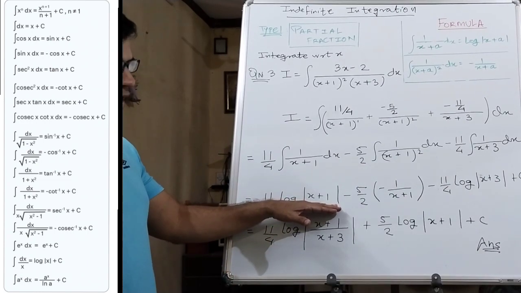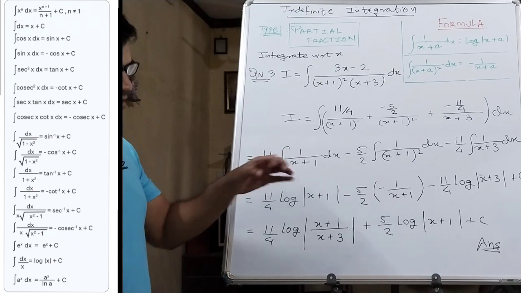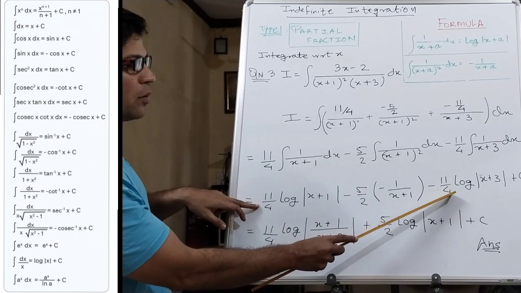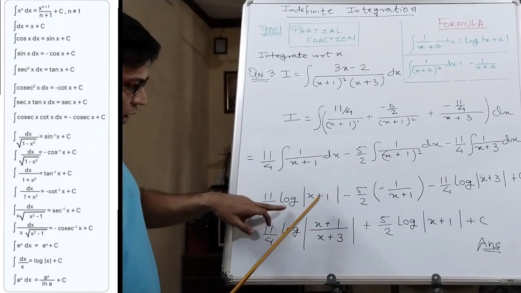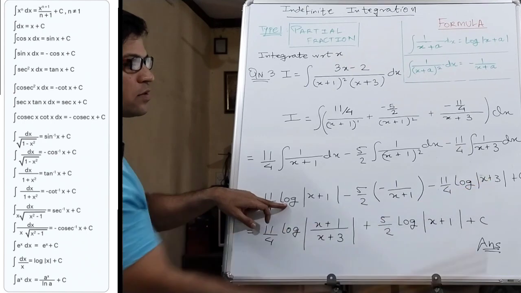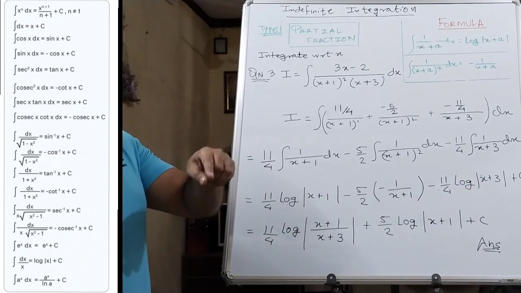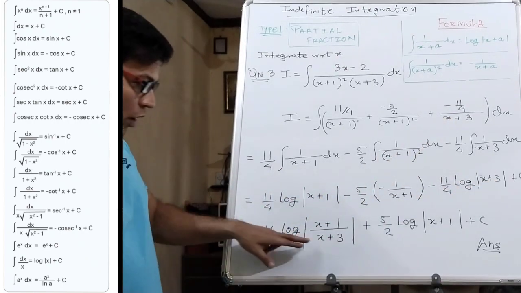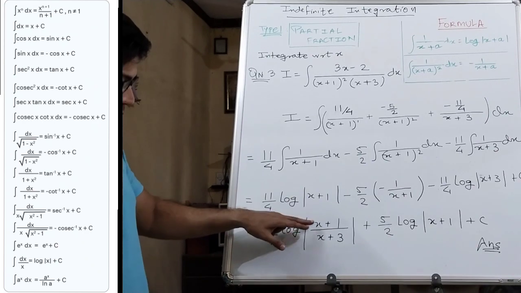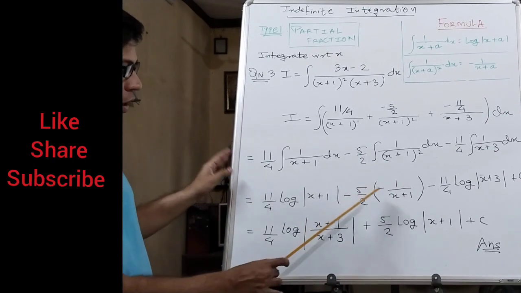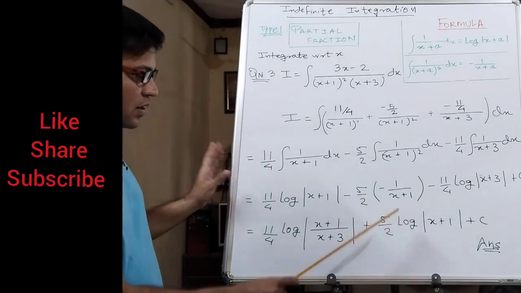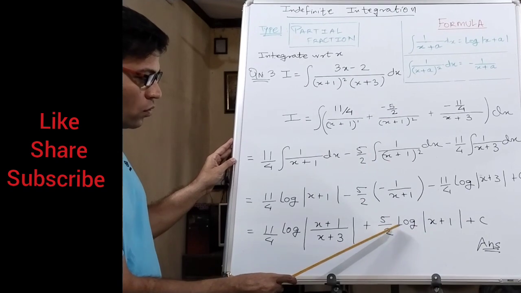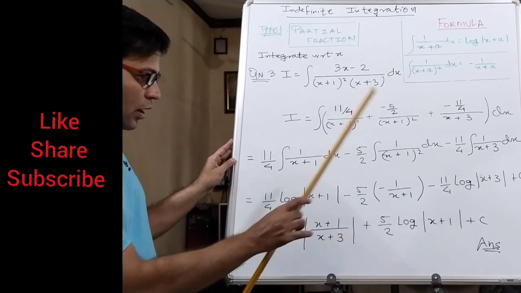so they will accept this also, but if you all want थोड़ा और स्टाइल मारना है इसमें, शो दिखाना है, थोड़ा शो मारना है, इंप्रेस करना है, अगर 11/4 11/4 कॉमन, so we get log x plus 1 minus log x plus 3, दो logs माइनस हो गया, log a minus log b, log a upon b, so this will become log x plus 1 upon log x plus 3, log of a upon b माइनस हो गया, और ये हो गया तुम्हारा माइनस माइनस प्लस, ये सेपरेट ही रहेगा बिकॉज इसका जो फैक्ट, ये कोएफिशिएंट अलग है 5/2, वी कांट इसके साथ ज्वाइन नहीं कर सकते, वो अलग ही रहने दो, इनके ये दो